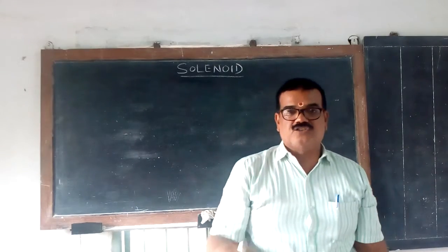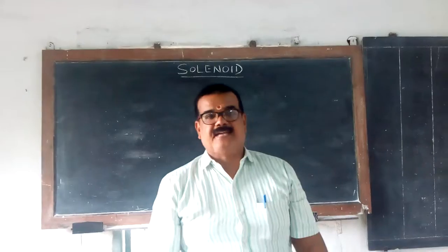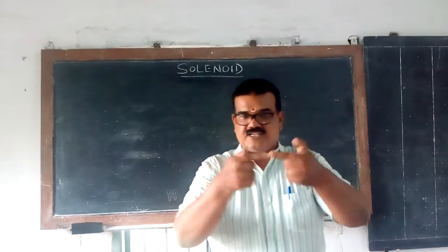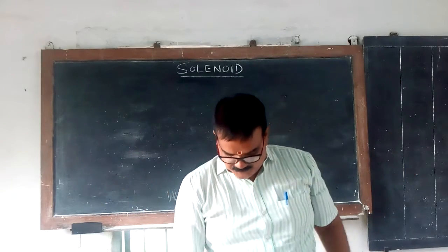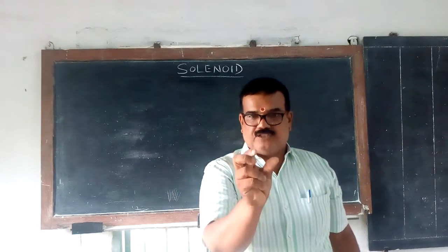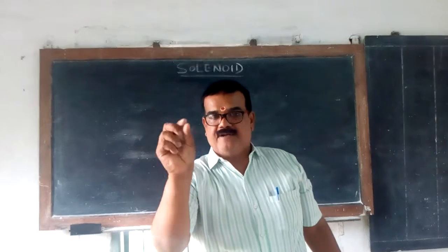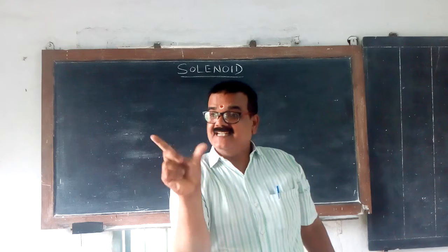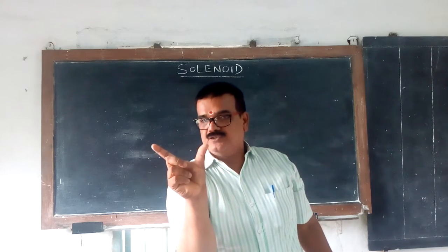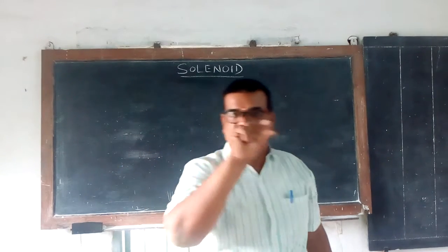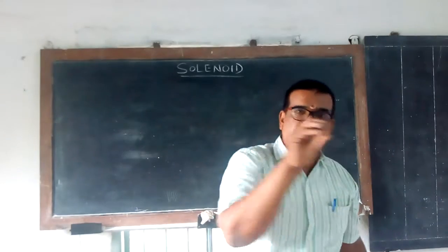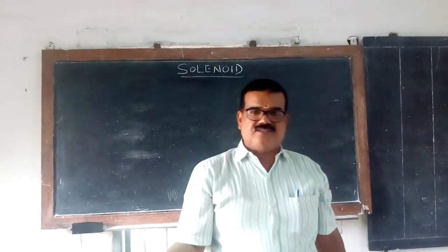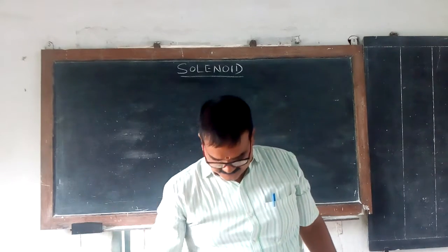Then comes the force of the magnet. F can be calculated when the pole strength and the distance between the poles are given. You can use the formula F = M1 × M2 / D², where D is the distance between the poles and M1 and M2 are the pole strengths. Say M1 is the north pole and M2 is the south pole. A simple calculation is done in the book; you see that.